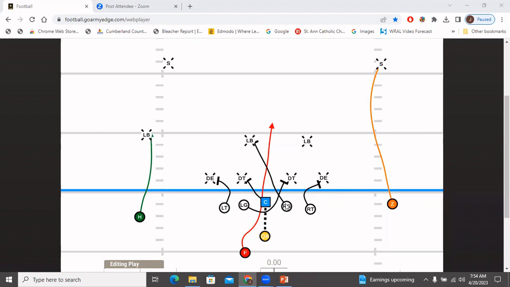Backside guard is going to then move to the second level here. And this is where we're supposed to hit this run right here. And from here, running back reads these blocks, hopefully falls in line with this guard here, reaching the second level here. Again, this linebacker right here is